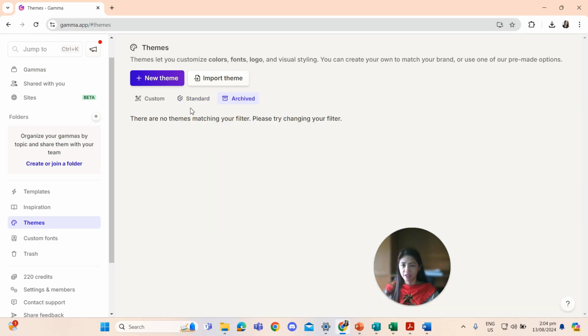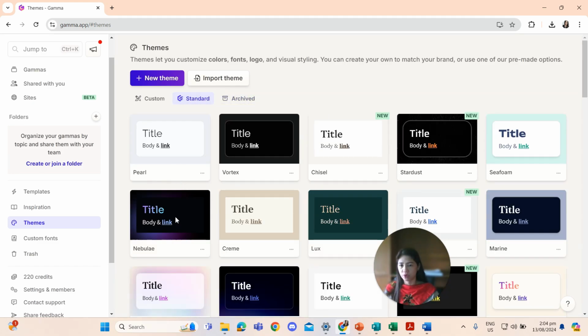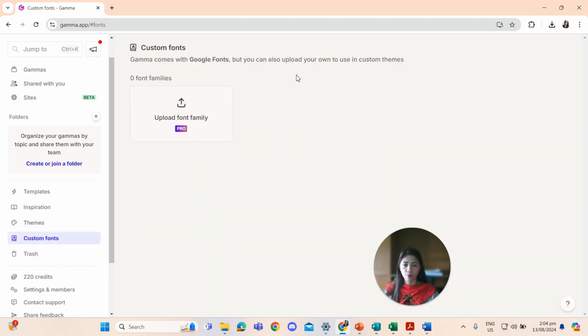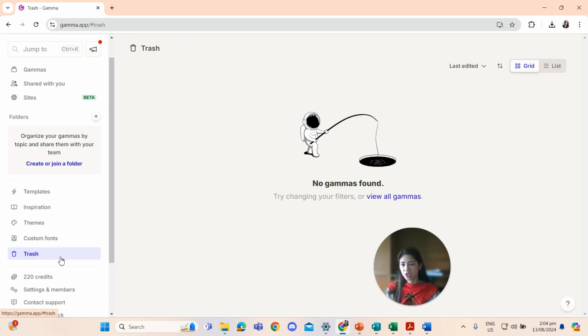Then our Archive, I don't have one. Then we have Custom fonts, if your account is Pro, then you can access this one. Then Trash, of course, if a document has been deleted, you can check in this area.